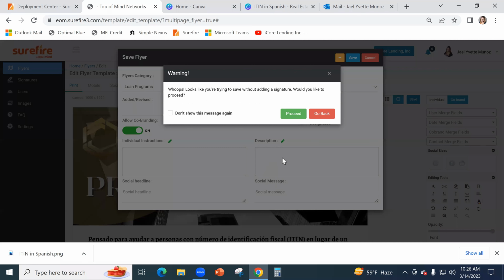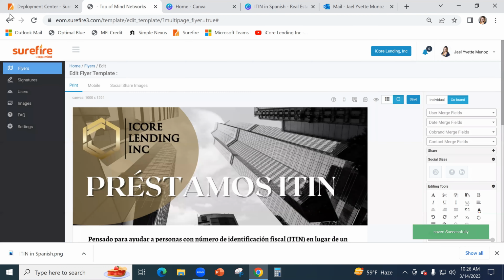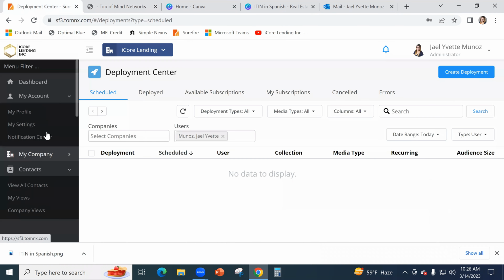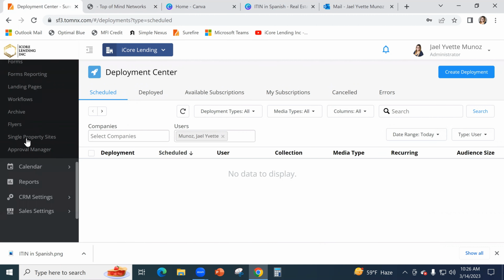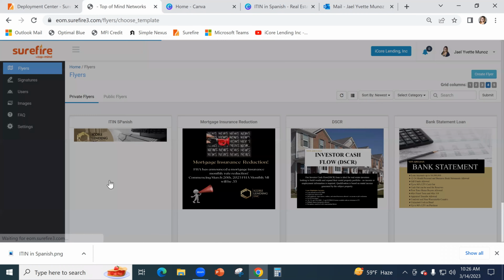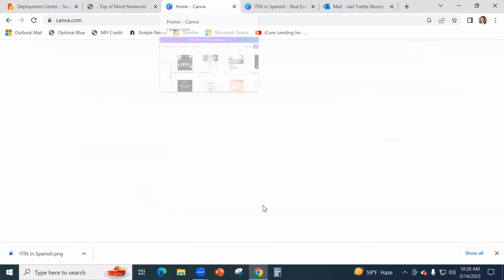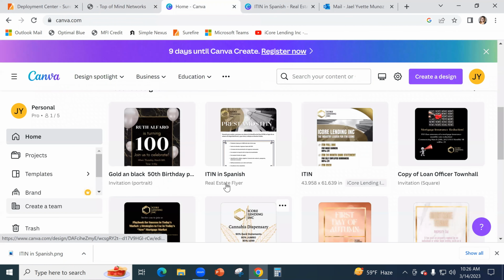So it's saying that I didn't add a signature, which that's okay. At this point, I'm not trying to add a signature to it. But now it's saved. So if I go back to my top of mind flyers, it's going to load up here really quick. I now have my top of mind Spanish flyer here. So as you guys can see, it's a little bit easier to just upload it because you've already created it. And what I love about Canva, like I said, is let's say you really like